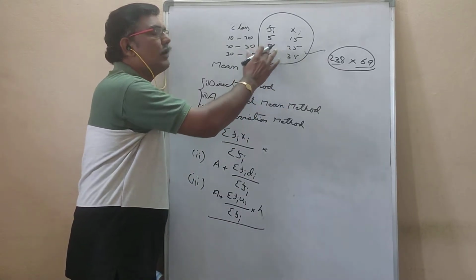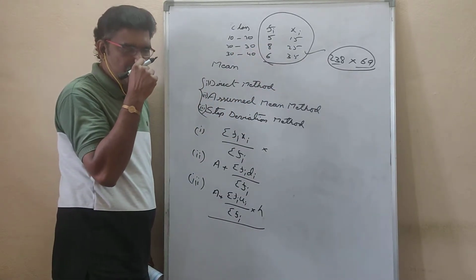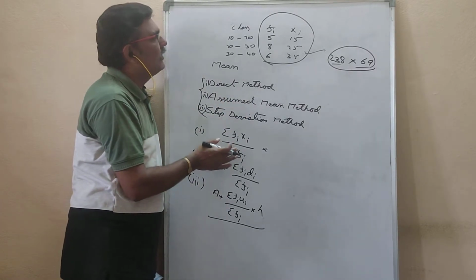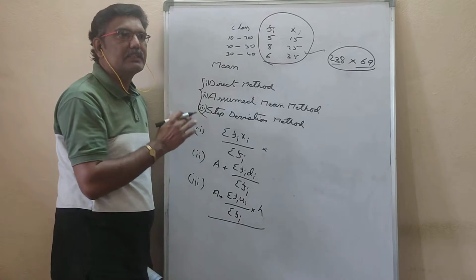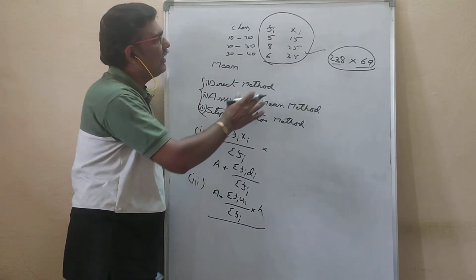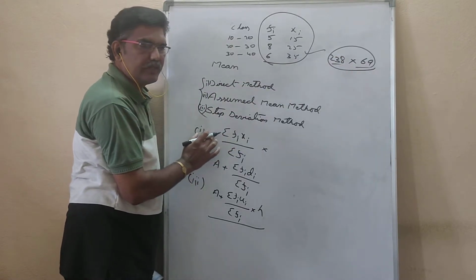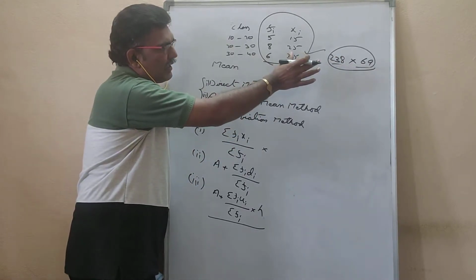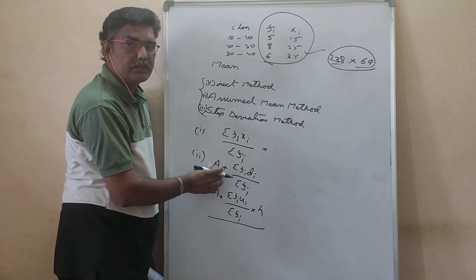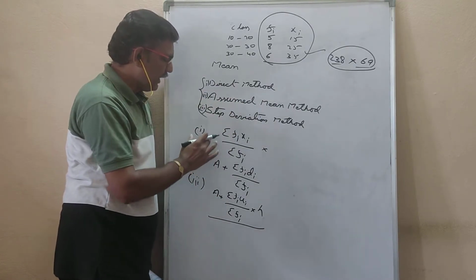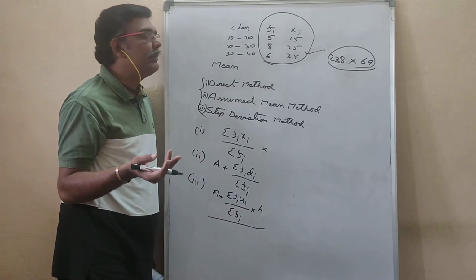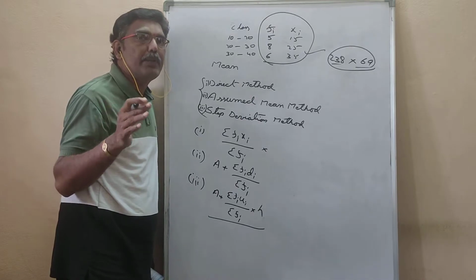So by using these three methods you will get the same answer. If the numbers are small or big, average or whatever it may be, by these three methods every problem will get same answer. But by doing this for greater numbers it is very difficult. For big numbers, you have to use this method or this method. So according to the question, you have to choose any one among three, and you can do it if they ask to do appropriate method.